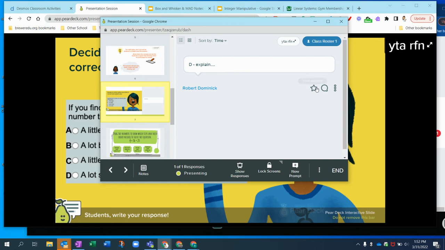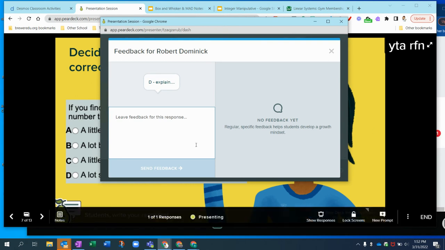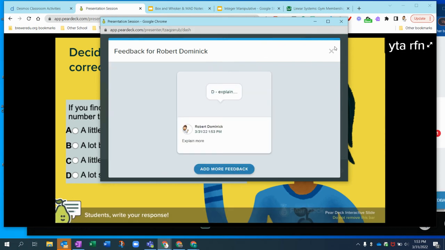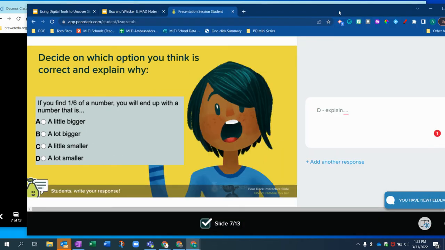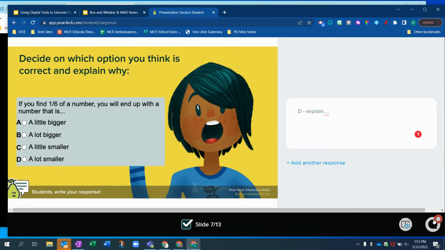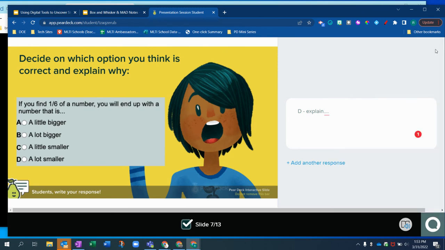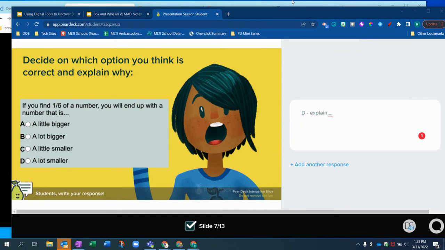And then this is also where I can leave feedback for them. So I can click this and say, here's some feedback about your answer, and then they would see it. Okay. And more. So, boom, I do that. And then on the student side, you can see down here, it shows them they have feedback. Right? And they can see it. They can say, I gotcha. Okay. I do wish you could reply back as a student, but that's not there yet. So anyways,